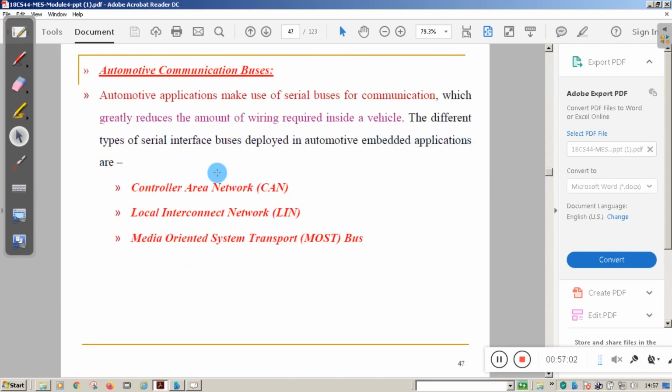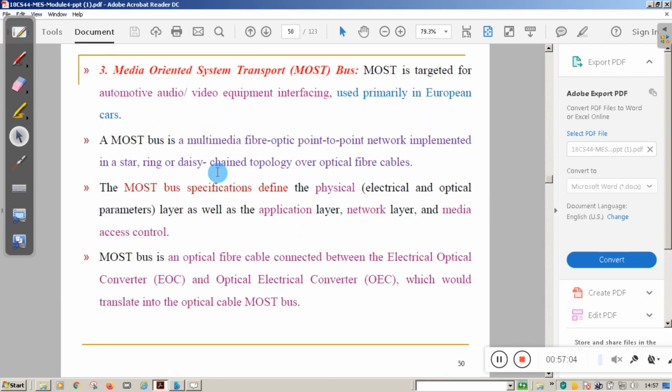Then we studied the different types of automotive communication buses.